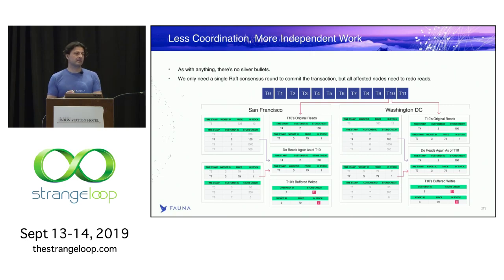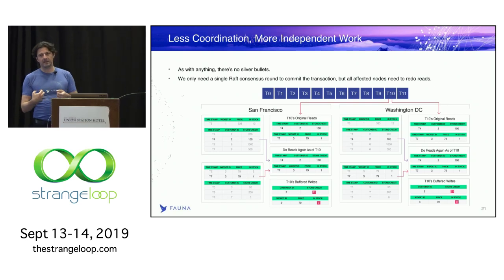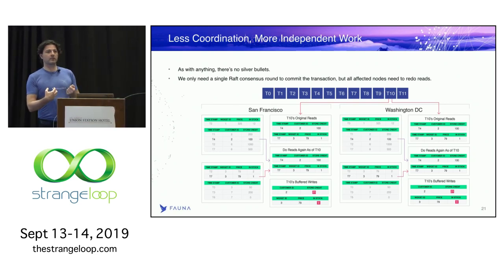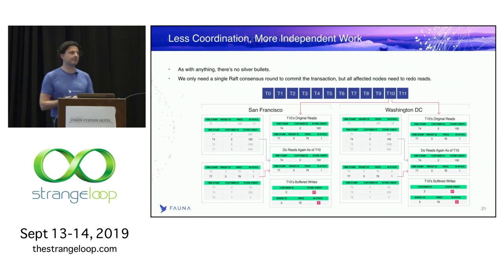eagerly reading and broadcasting within a replica. So when a node is applying a transaction for which it does have write effects, it will have to read its own storage for its local subset of reads that it needs to perform for the optimistic concurrency check, and then it will send them to other nodes in the replica that are affected, and other nodes will receive those, cache them if needed, and then when they are applying the transaction, they will actually consult their own cache first. So, this is hardly groundbreaking, but it's just one of those things where we are trying to optimize something and minimize the amount of work that needs to be redone.